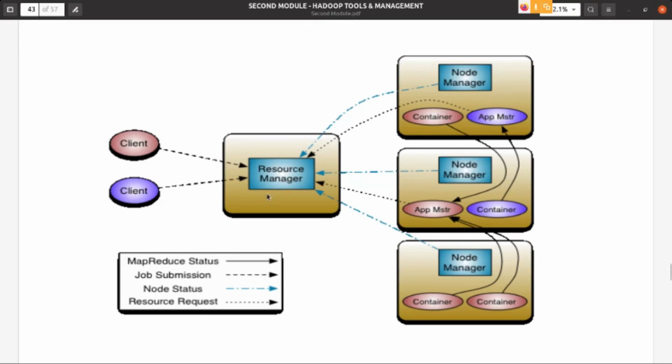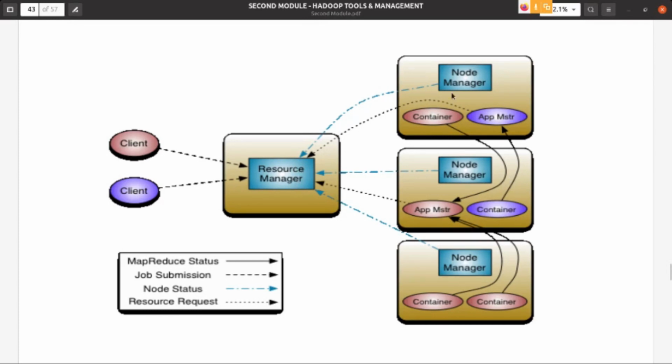Then what will the resource manager do? We know that the resource manager is a resource arbitrator, resource allocator, etc. Arbitrator means it will negotiate with different application masters and allocate the resources based on the requirement. That means optimal utilization of resources. Here the application master is requesting, and the resource manager is allocating the resource based on the policies. There are different policies. So remember this diagram, application master to resource manager.